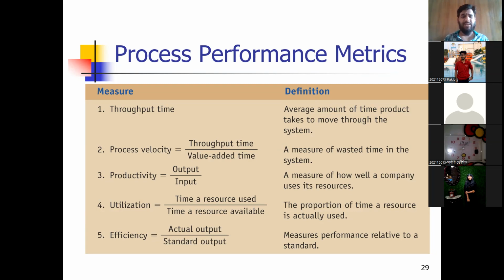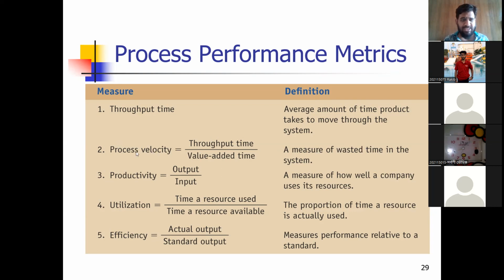In other words, maybe raw materials or inefficient supply of inputs. There is some non-value-added time. So you will subtract non-value-added time from the throughput time. This is known as the value-added time. Maybe throughput time is 30 minutes and 5 minutes is allowance. Value-added time is 30 minus 5, which means 25 minutes is the value-added time, a measure of wasted time in the